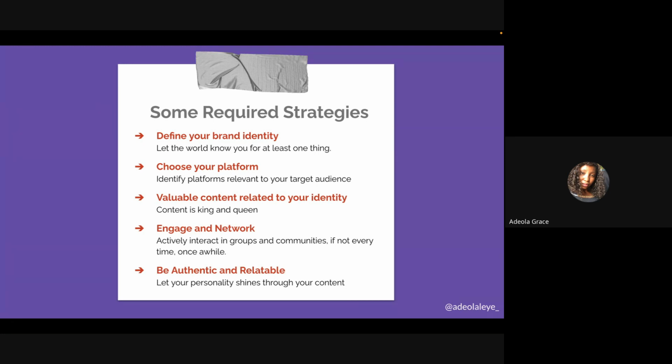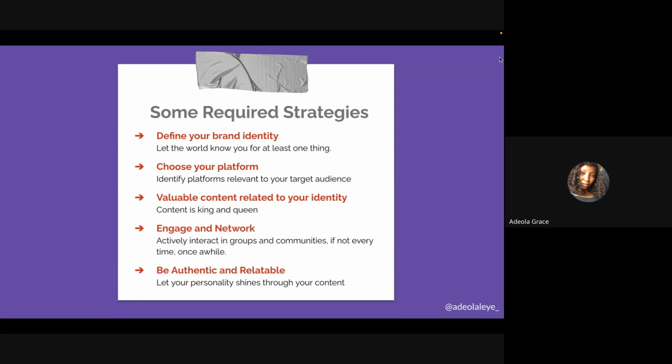If not that now Instagram, there is a way Instagram links up with Facebook. I've been trying. In fact, if you know how I can unlink it, I don't mind. Please, let's network and talk about it. If I post something on Instagram, automatically I will see it on Facebook. I've been looking for how to remove it. Please, if you know how I can remove that thing, I don't want it.